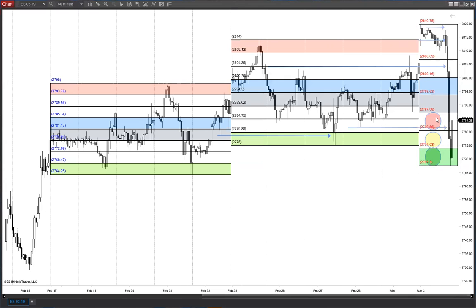And setting up green, yellow, red zone. Support now, fighting box gone. And this is our resistance box that the market's trying to get through. And this would also be a retest of that low that held on